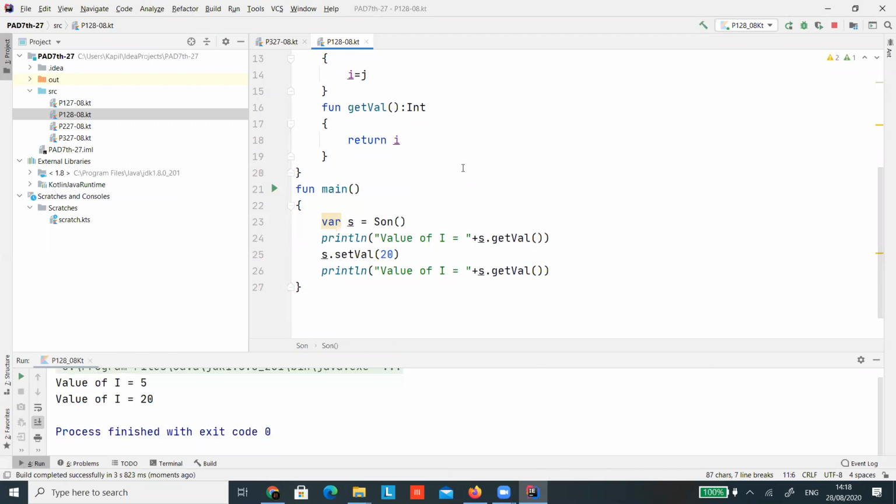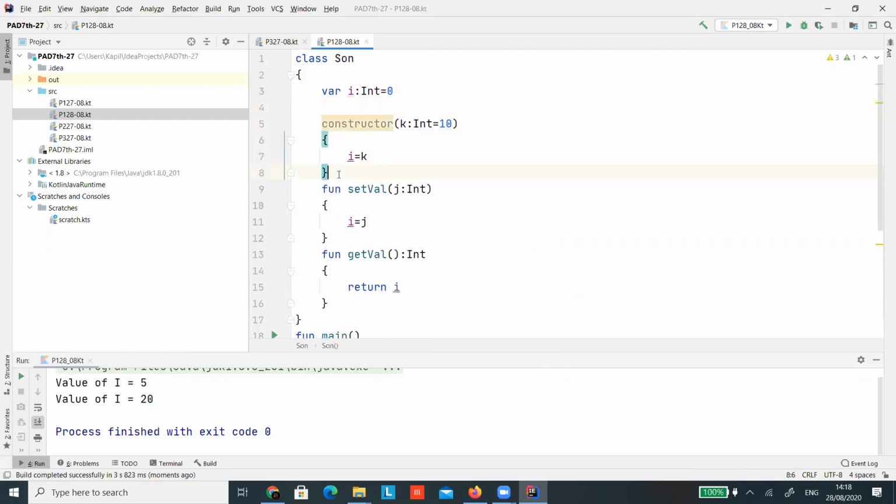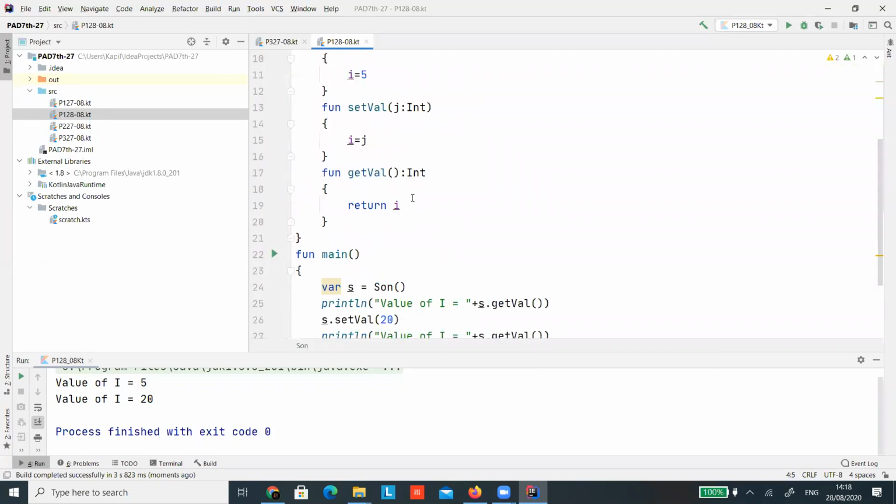Now suppose I change the sequence. Do you think that this changing of sequence is going to affect the execution? So just predict the answer, whether it will be a 5 or now it will be a 10. So still it is a 5.